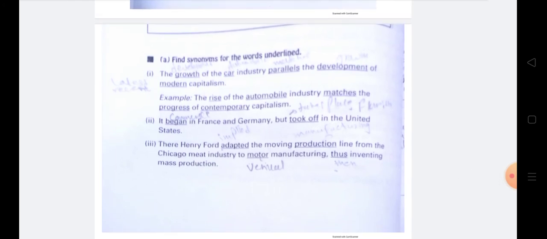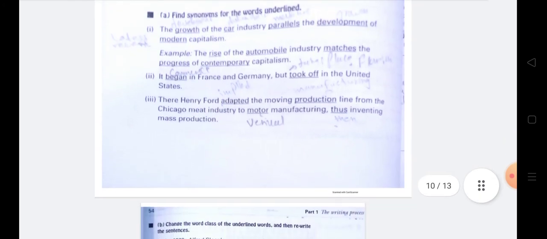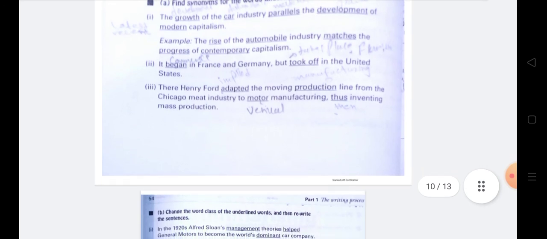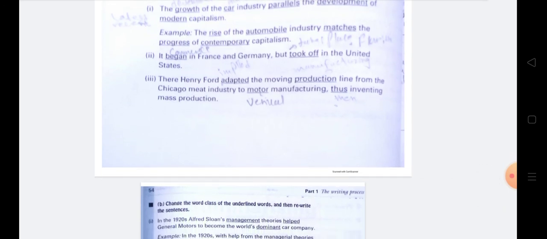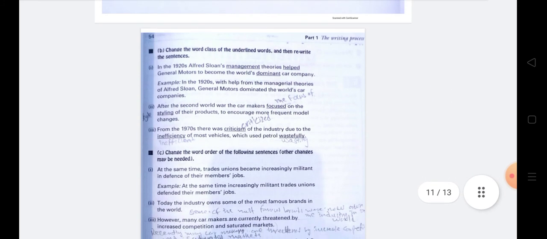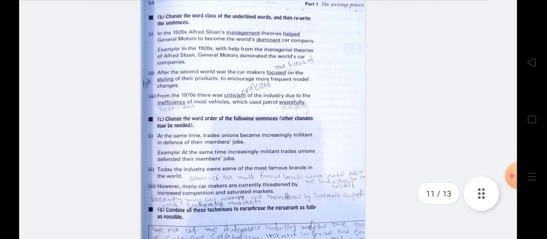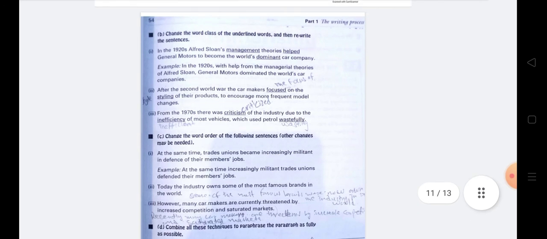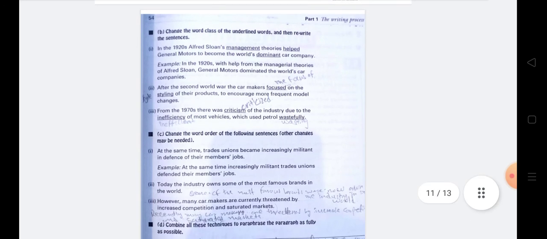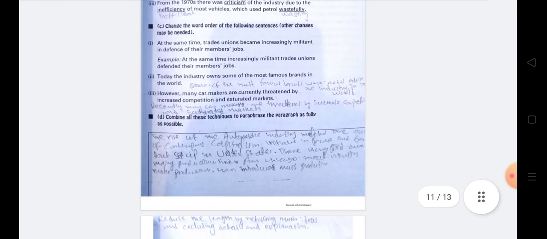For example, growth, you may use development; car, automobile; modern, latest, or recent; and took off, took place, begin, commence, and such synonym words you can use. Now this is the same, you have to change the word class.